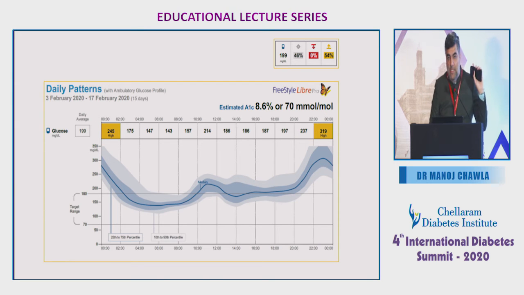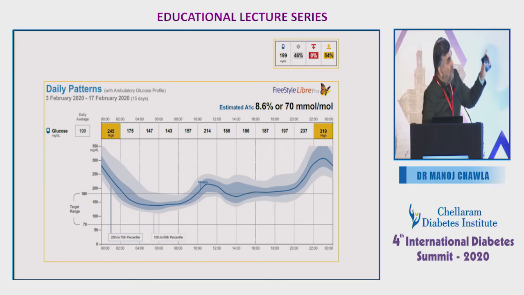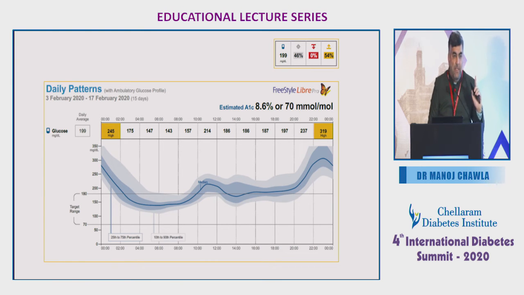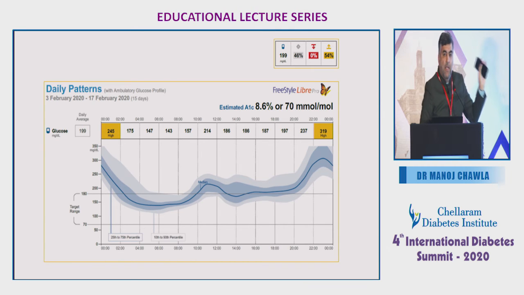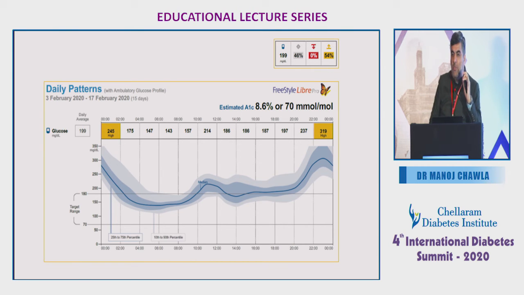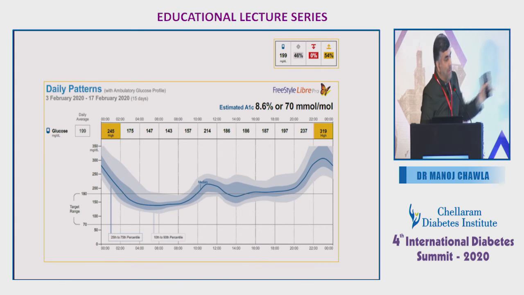Now, if there is somebody here who has been hearing talks on AGP and was very alert to what Dr. Kalyan, Dr. Unni and Dr. Bansi said, would somebody want to interpret this AGP for me in terms of exposure, variability, and stability? The experts here know it. I'm asking for a volunteer from the audience who's been listening to this. If you can help me comment on this patient's AGP profile in terms of exposure, variability, stability, and hypoglycemia. Anybody? Come on. Yes.